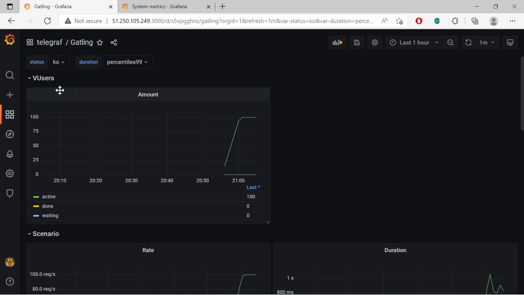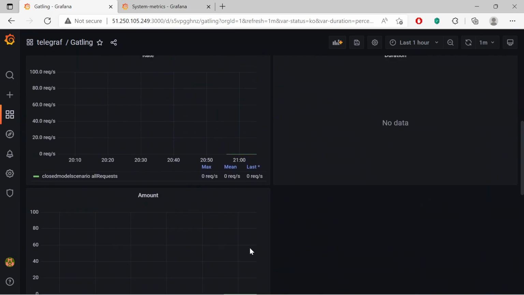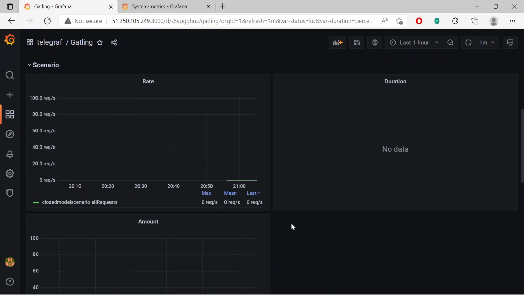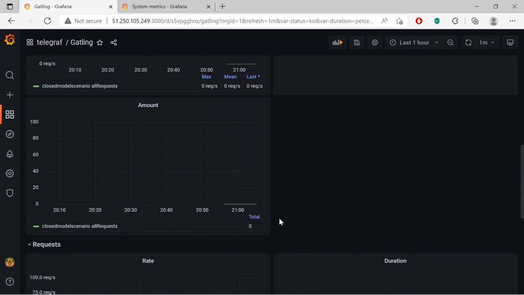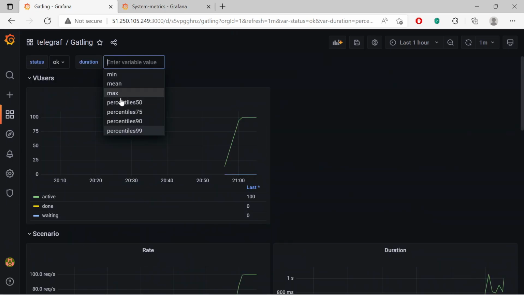OK, these are successful requests, and KO, these are not successful. As we can see, we don't have a single request that would end with an error. And also next to it, you can choose what type of duration to display. The 50th percentile, 75, 90, or the average value.